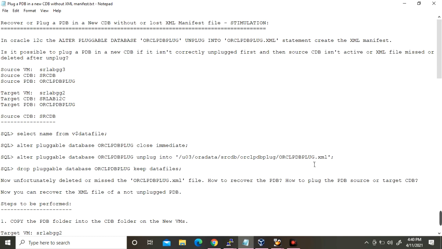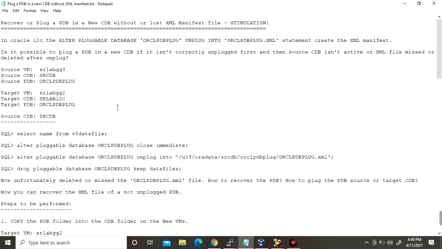Is it possible to plug a PDB into a new CDB if it isn't correctly unplugged first, the source CDB isn't active, or the XML file is missed or deleted after unplug? So in this scenario, I have one source CDB and one target CDB.